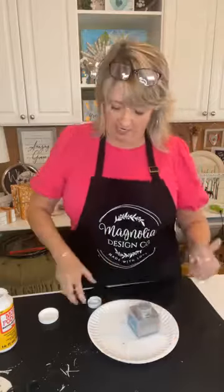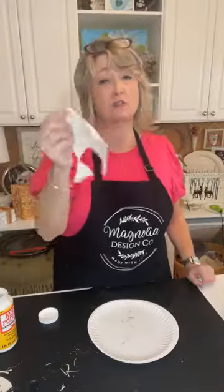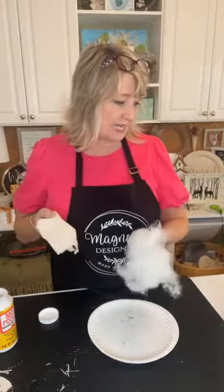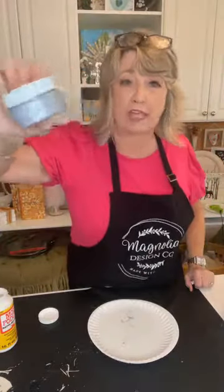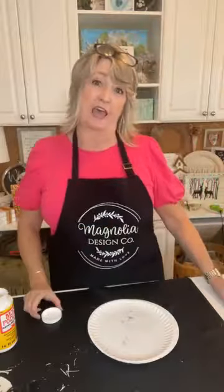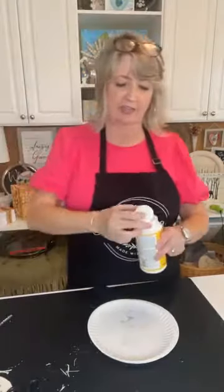40, 50, 60 times. So each one of these little snowflake stencils costs just a few pennies for the canvas, a few pennies, if even that, for the fluff and the twine, a few pennies for the little teeny blob of ink that you used, a few pennies for the glitter, and a few pennies, if even that, for the Mod Podge. So it's super, super affordable,